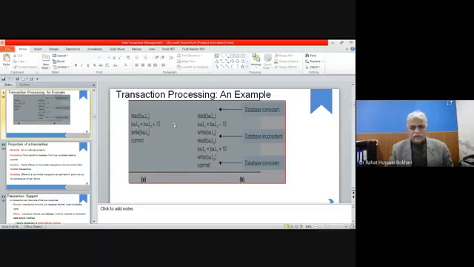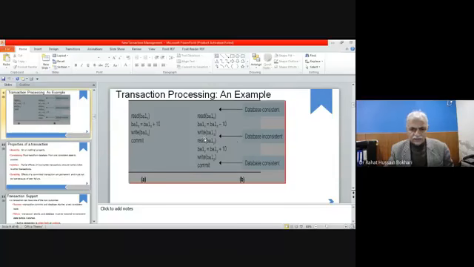How is this transaction processing carried out? In the very beginning we read a balance, and say balance is equal to balance minus 10. So we have decremented this balance by the value 10. Then write balance. Up to here the things are going consistent, and then write balance, then read balance.